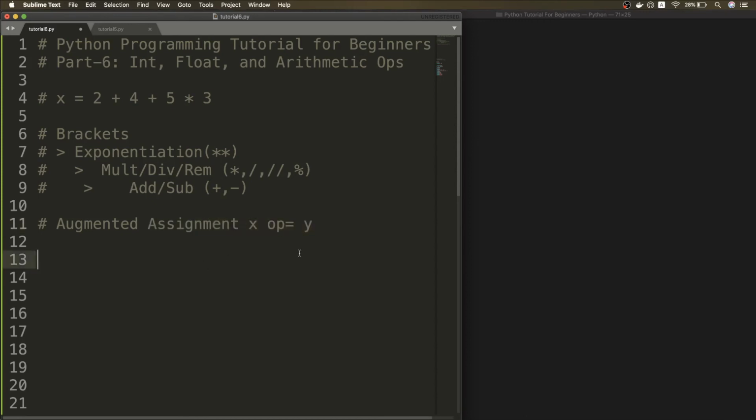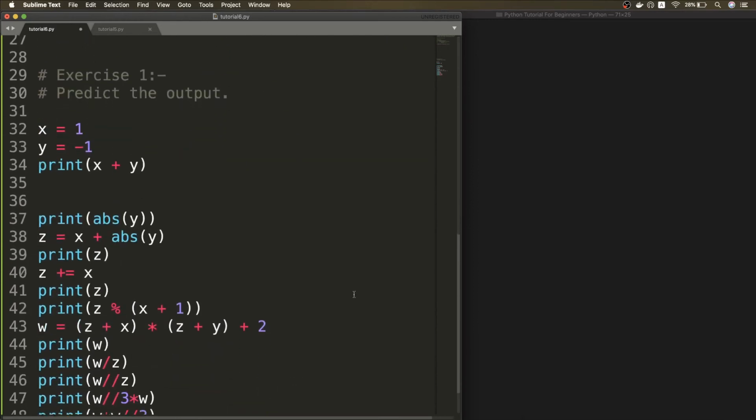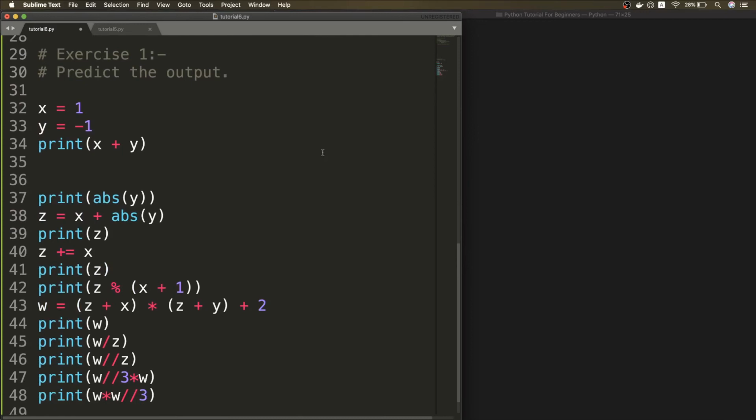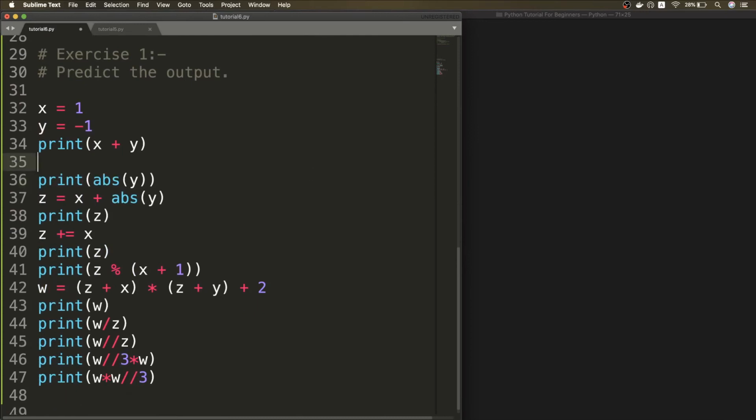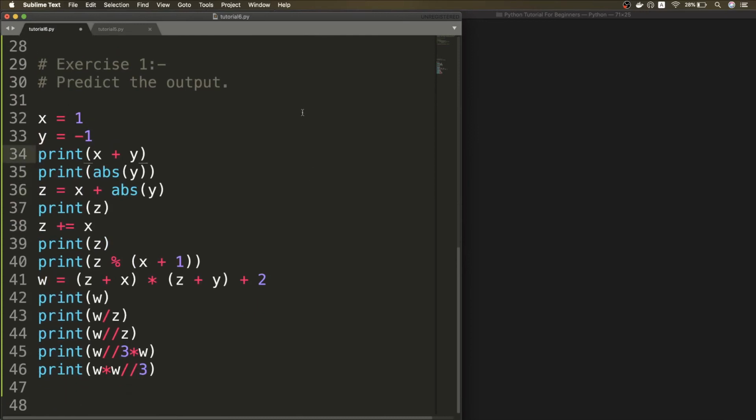Now, having discussed everything that I wanted to discuss in the video, let's jump to our exercise. This is the exercise for you guys. This is a simple exercise. You just have to print the output of this small program, and once you do it, we will discuss the solution. So hit pause and think for a while about what we have discussed and how you can crack this small question.